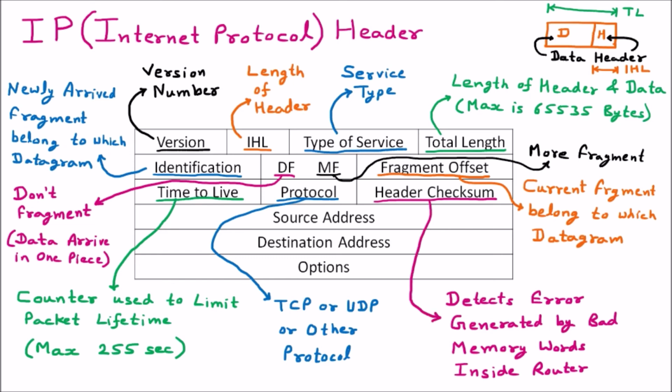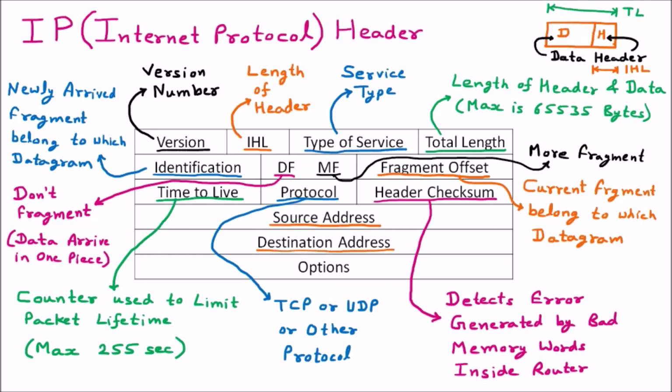Now talking about the next field, we have the source address. So here is the field of source address. Whenever a sender is sending data, that sender's address is called the source address. So the sender address is taken in this particular field. If I am sending data to you, then my address will be taken here. Then the next one we have is the destination address. I am sending the data to a specific person. That person's address is called the destination address. That address is taken here.